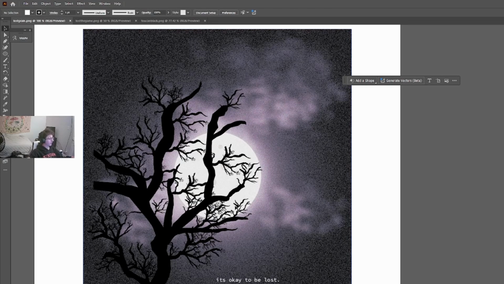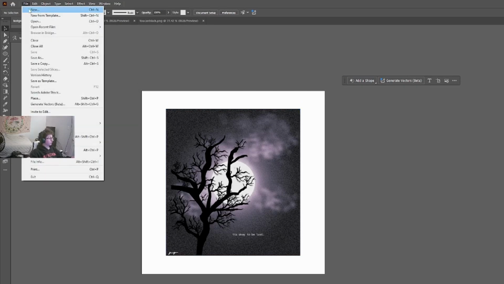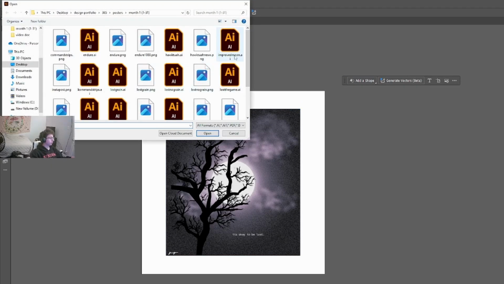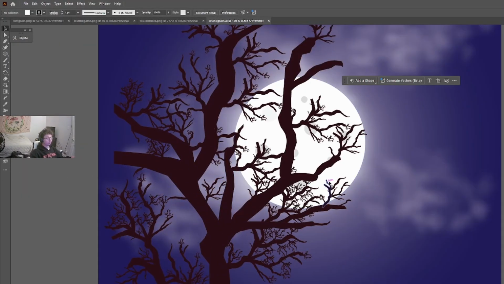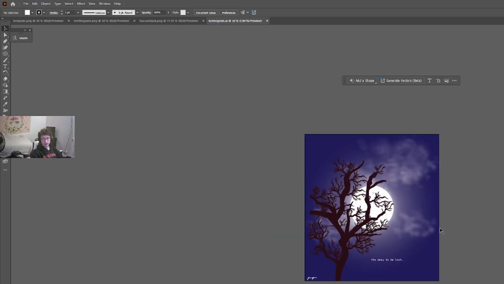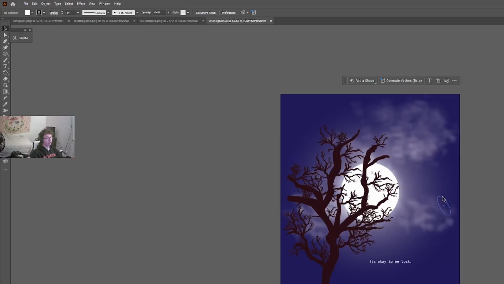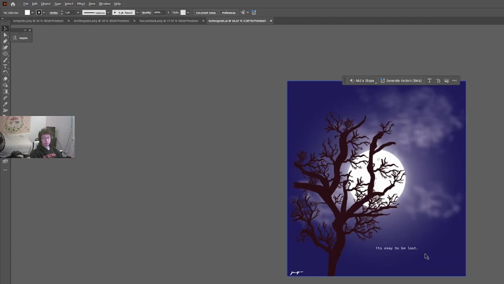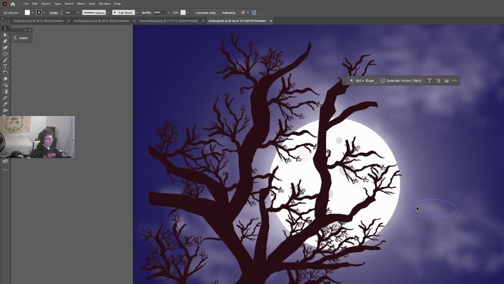Now basically, I'm going to teach you guys a trick, okay? When I was making this tree, hold on, I will actually open the tree. I'm going to do it with the no grain file. This is what it looks like before I put the grain on, by the way. I'm telling you, putting texture effects on your posters and stuff goes a long way. Because this doesn't look bad, but comparing this to this, I think this looks a lot better. Anyways,